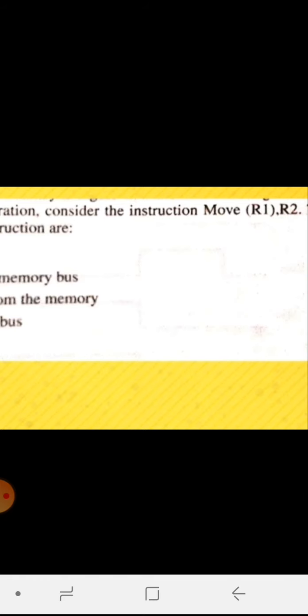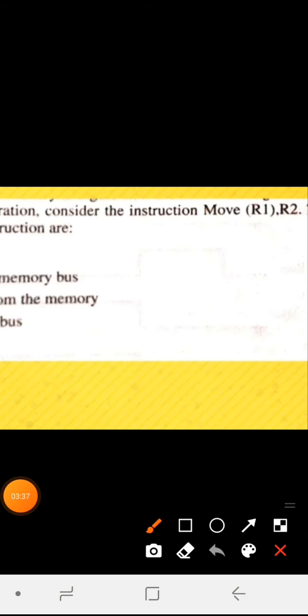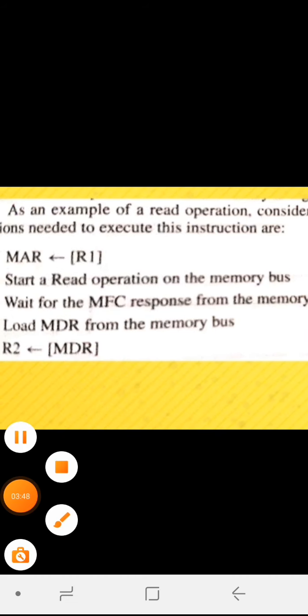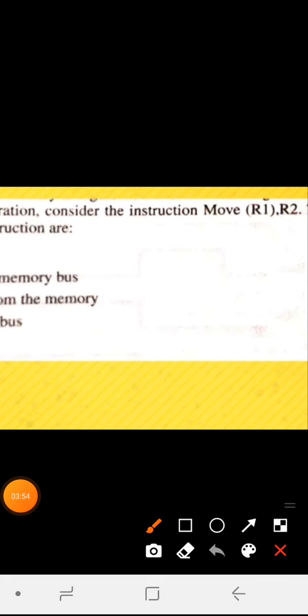We'll take an example and discuss it. Here we have taken an example, that is moving the content pointed to by the location R1 to R2. Moving the content present in the location pointed to by R1 to R2. Now we will go through the steps we need. First we have R1, and this R1 points to a memory location.